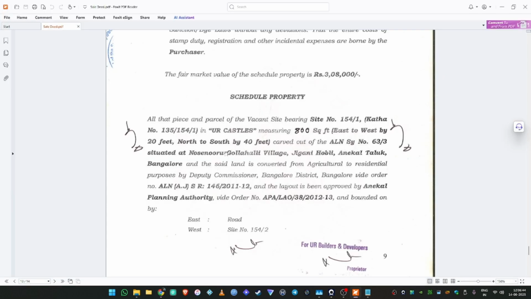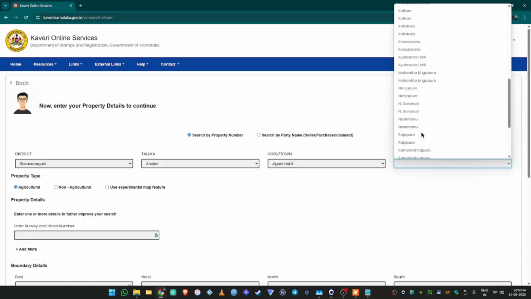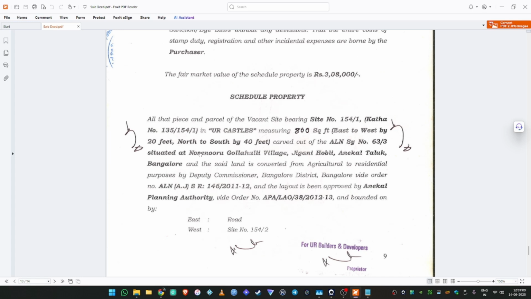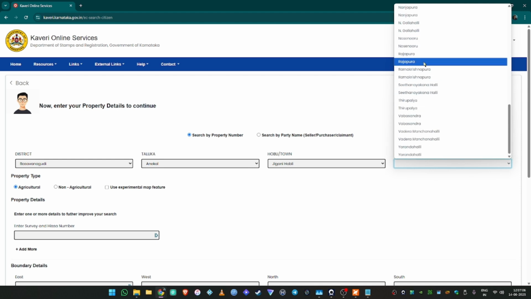You have to read your property schedule and see whether it is Nusenuru or Nusenuru Gollahalli, because here we have two options. One is only Nusenuru, the other is N Gollahalli. Since this particular site is in Nusenuru Gollahalli, we will have to select N Gollahalli as the location or